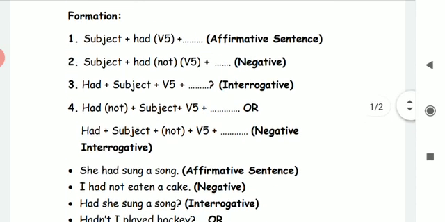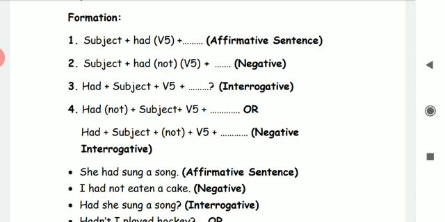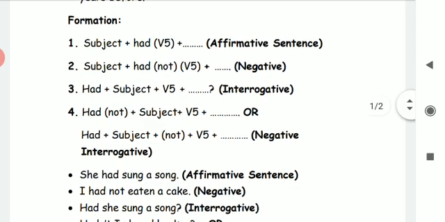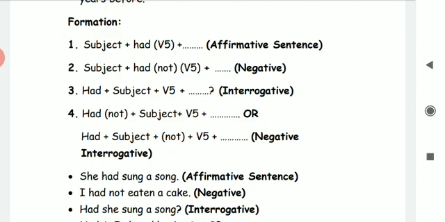Okay, now see another sentence, sentence third. How to make interrogative sentences in past perfect cases. Had, you are using had first, plus subject plus V5 plus the rest of the sentence. And if you see it at the bottom of this screen: Had she sung a song. Had is your auxiliary verb that is used to raise questions in past perfect, and then she is the subject. Sung is V5, plus a song is considered to be the rest of the sentence or objective case. Had she sung a song, it is considered to be an interrogative sentence.